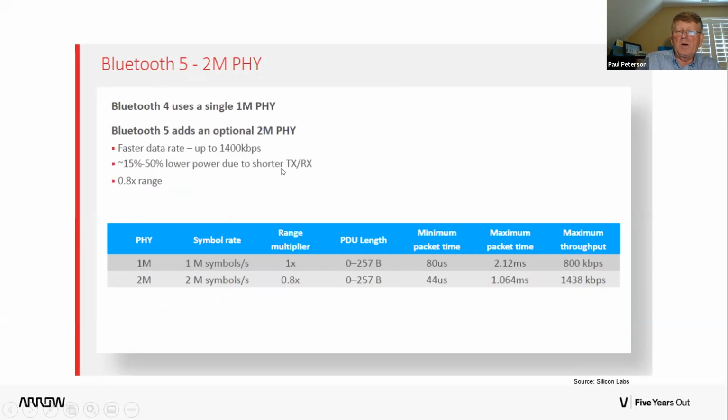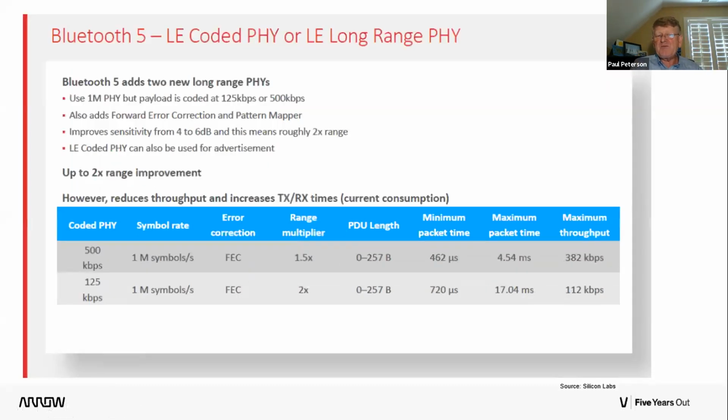We've reduced the power, particularly due to shorter range and things of that sort, that we can get with this high-speed PHY. Long range PHY, again, we're not able to do 1.4 megabits per second, but we are able to go up to about 112 kilobits per second and get meaningful range out of this, roughly in some cases up to say 150 to 200 meters. And that's actually for many implementations good.